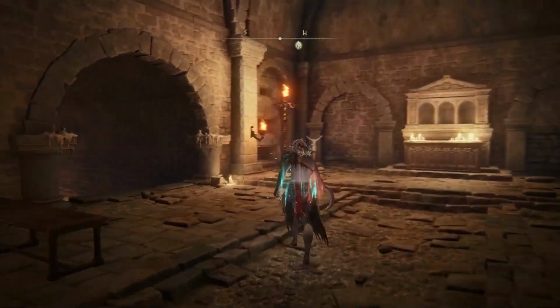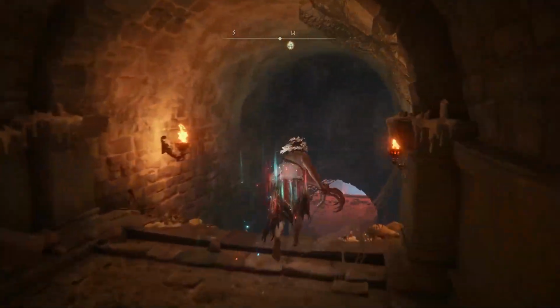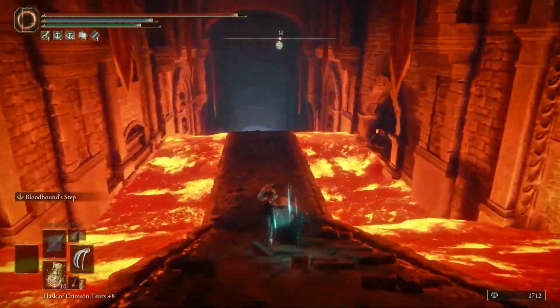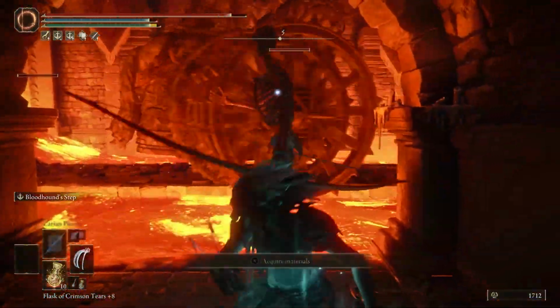Okay, so time to get the armor sets. We're going to fast travel to the site of grace, and we're going to repeat this run down, but this time we're going to make a slight alteration to where we're going. So if you follow along with me, we're basically doing the same thing here. We're going to hide in this little cubby on the right side here, wait for the machine to go down,